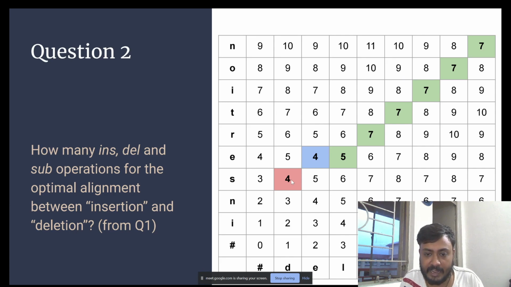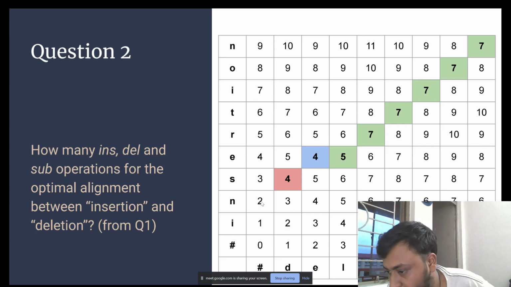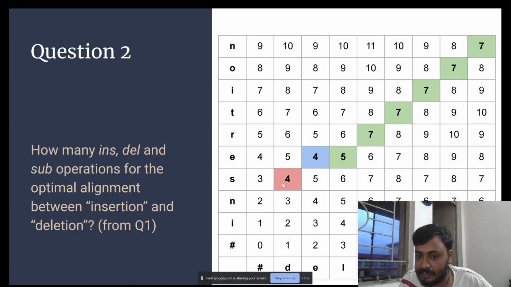All right. And then here, yeah, so let me tell one thing regarding this. Here you have a 4, so S and D are not the same. Now looking at this, it seems it could have come from this 3 or this 2, right? All three are possible, but then you need to remember that